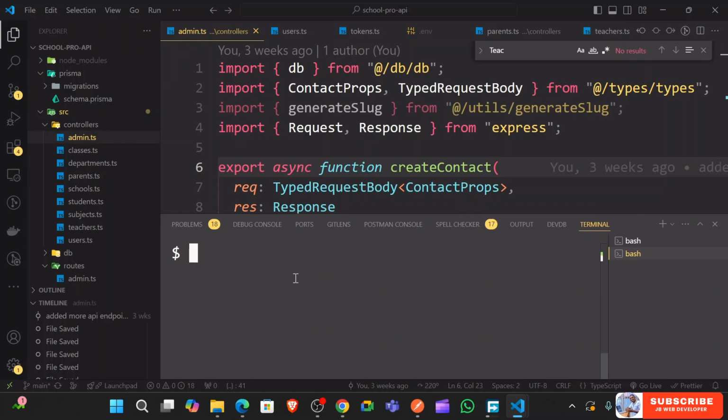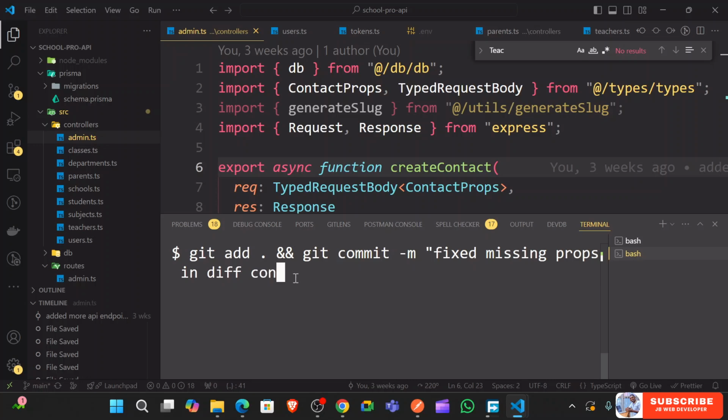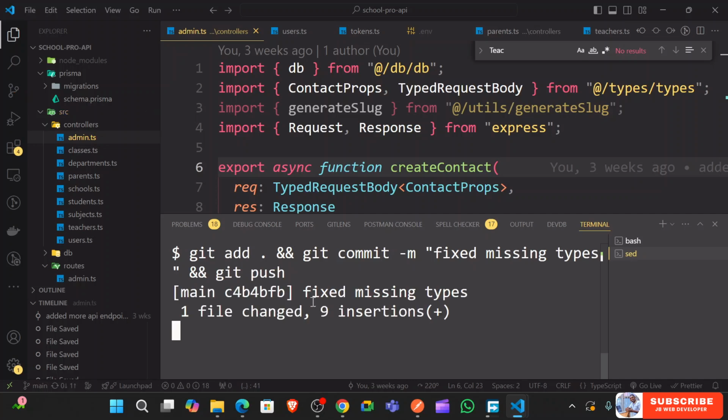So you can just go ahead and say, for instance, git add, and then git commit. I'm just going to say, for instance, fixed missing props. Okay, and maybe you can say fixed missing types. And then just git push. So just going to go and push this, and then see